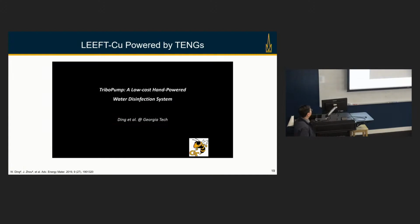Okay, here I'll show a short video. We use a special device called a TENG, which is a triboelectric nanogenerator, to power the LEEFT-copper system. Let me see, I can play the